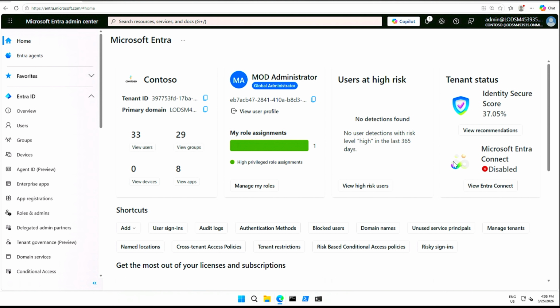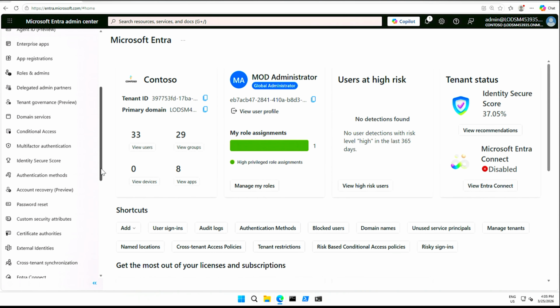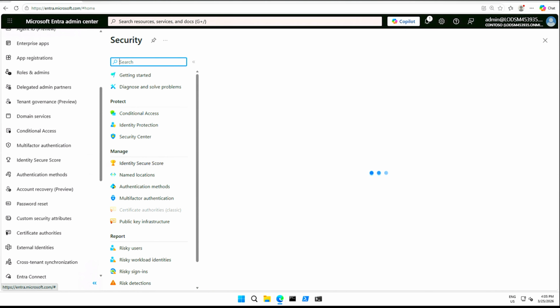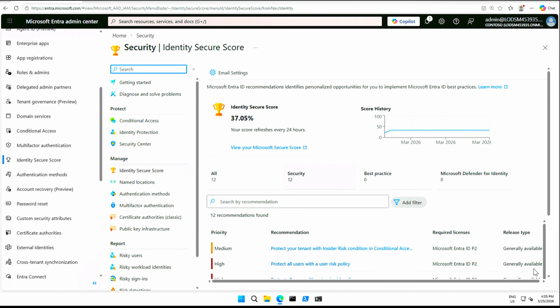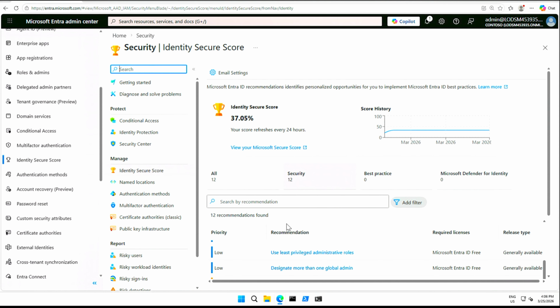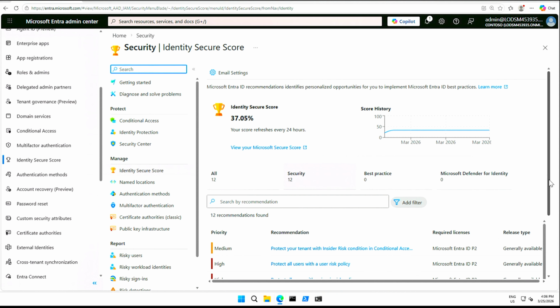So here I have been connected to Microsoft Entra Admin Center. And then from the left menu, under Entra ID, select the option Identity Secure Score. And then you can review the information provided in the dashboard page, like identity secure score, score history, and there are recommendations. You can see that down below,